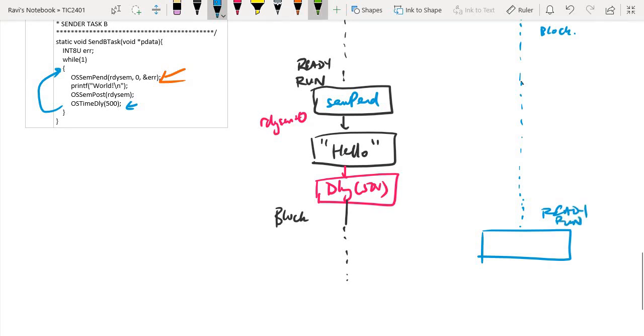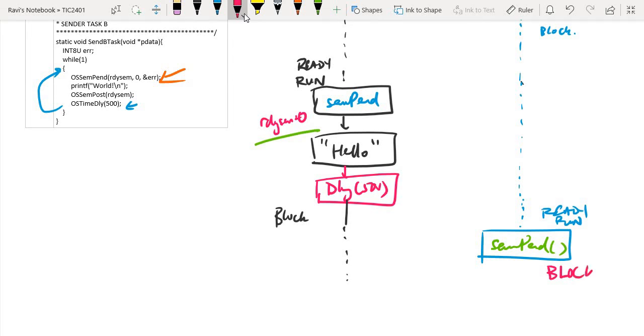When I come to the run state, I call SemPend, and at this point of time, what happens? We can see that the semaphore is 0. Correct, the ready sem value is 0. So when I try to do a SemPend, the ready sem is still 0. Correct. So when the ready sem is still 0, what happens? You cannot get the semaphore, so you will go to a